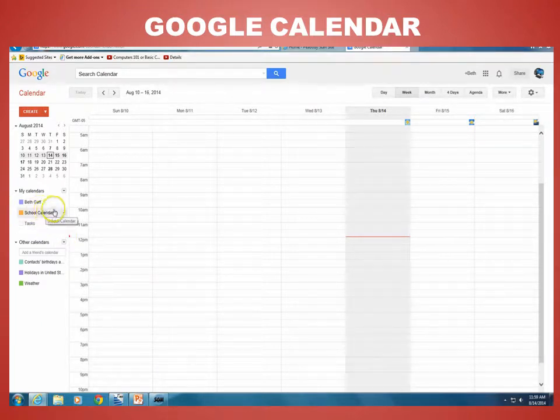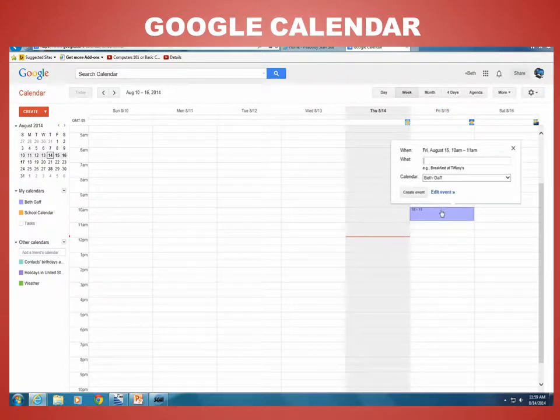Now I have a couple of different calendars that I'm working with right now. You can organize your schedule with the Google Calendar and make sure that you understand how to get around. So for instance, let's say today, or maybe it's for tomorrow, I have an appointment at 10 a.m. So I could click on my 10 a.m. slot, and then here I can just say I have a doctor's appointment,